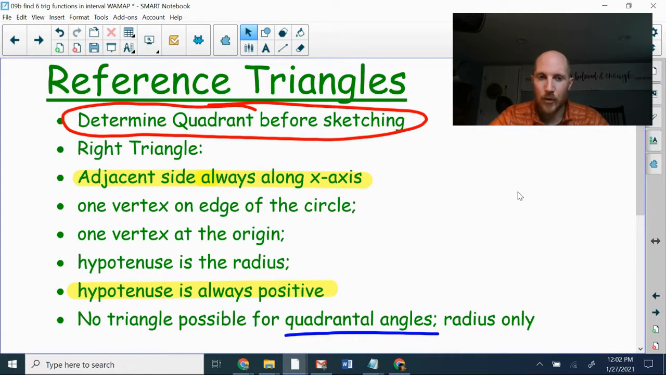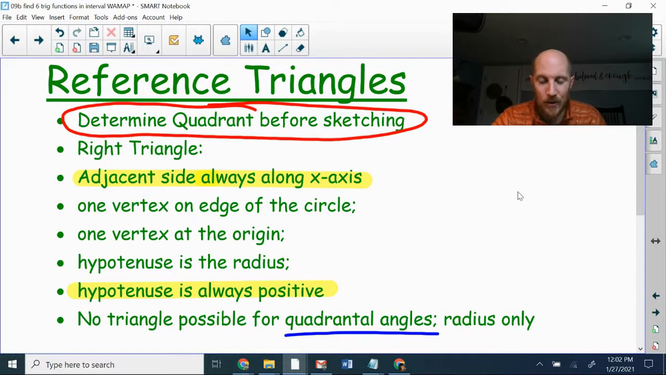Just as a reminder about drawing a reference triangle, the first thing we'll have to do is determine that quadrant before we can draw our reference triangle. And then we're going to draw a right triangle. The adjacent side goes along the x-axis. We're always going to start at the origin, go across the x-axis either to the left or to the right,